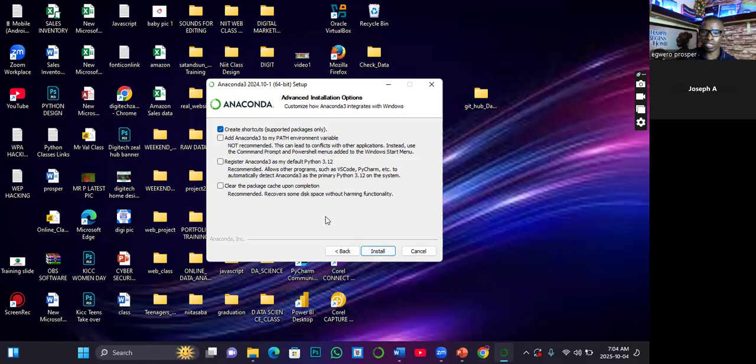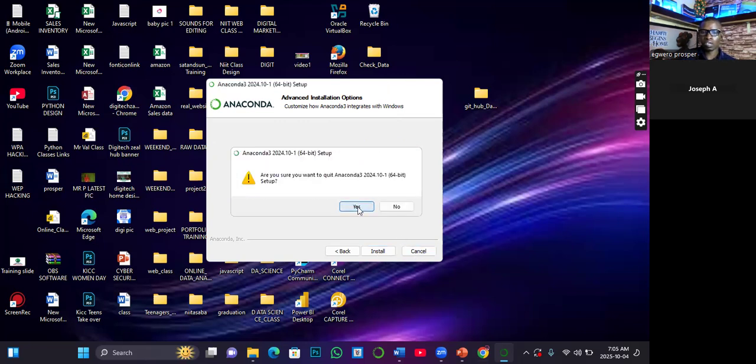So once you get here, just click on install and wait until the button is showing finish. Once you can see finish instead of install or next, then you click on that finish. Then you make sure that the interface goes off before it will start the program automatically. Is that clear? Let me find out if my explanation is clear before I exit, because I've already installed. Yes, it's clear. All right, so I'll just exit.